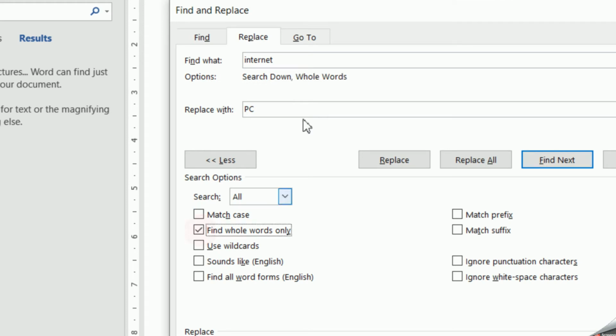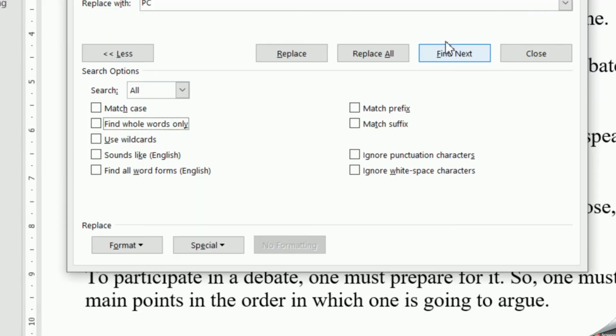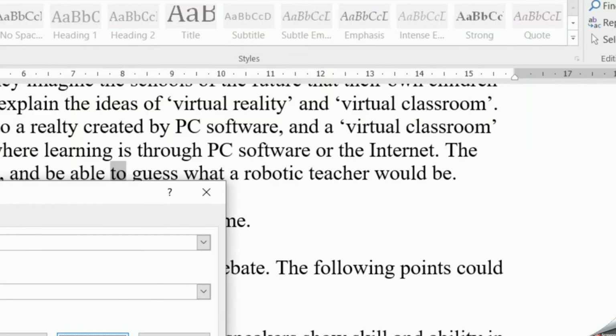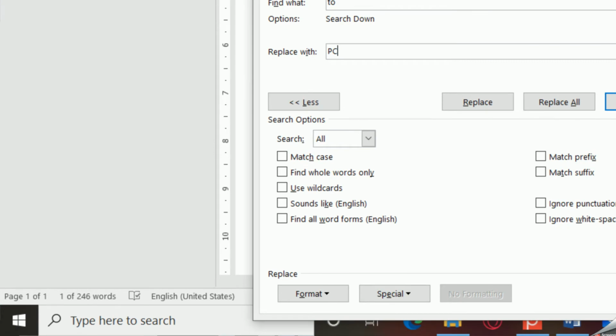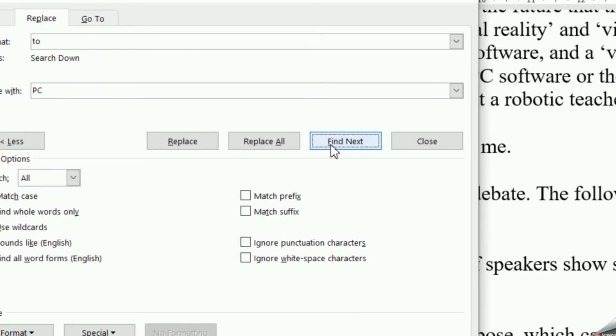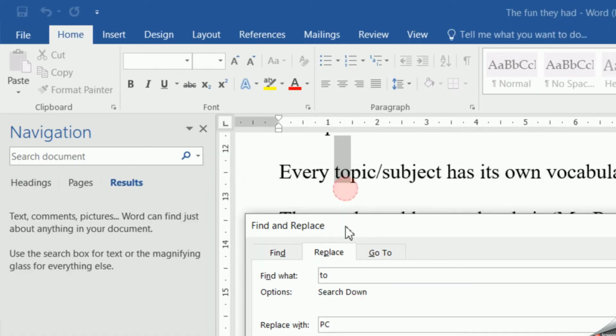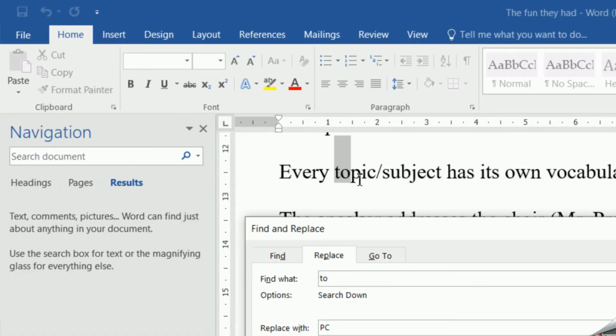Similarly, we have Find Whole Words. Suppose I'm going to look for some other word like "to". If I don't use Find Whole Words and click on Find Next, it is going to highlight all those words which contain "to". You can see over here, topic contains "to".